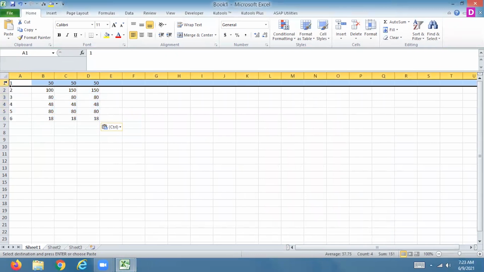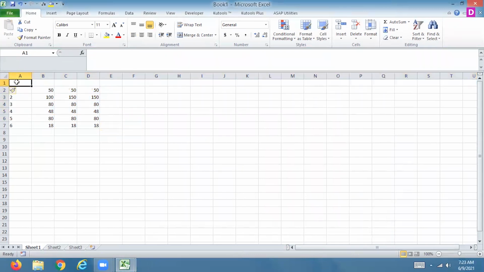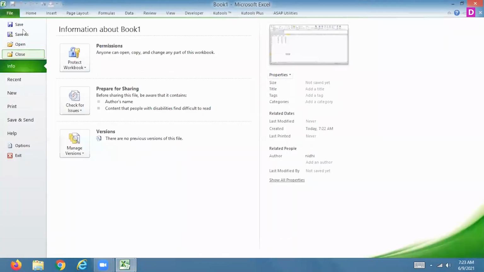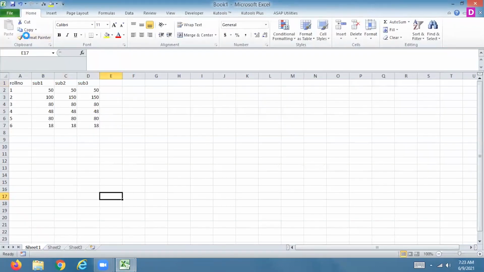Here is a roll number, subject 1, subject 2, and subject 3, right? And I want to use this file, save as database,